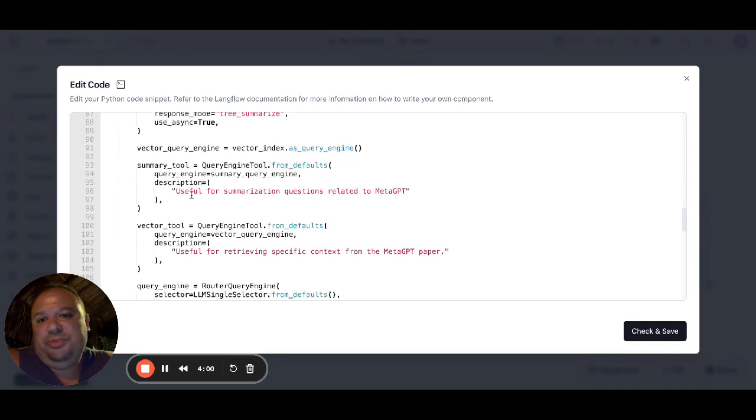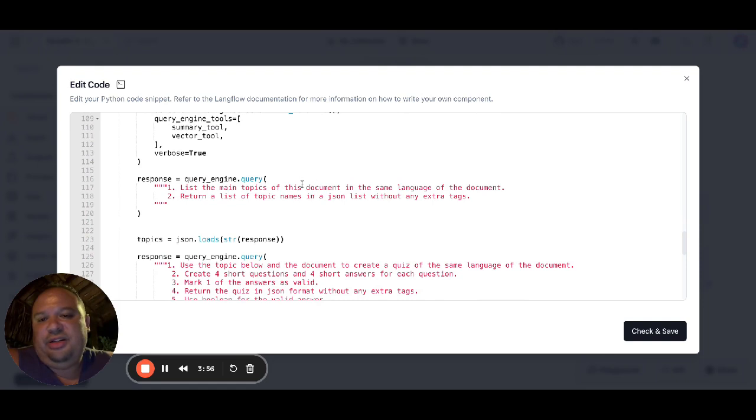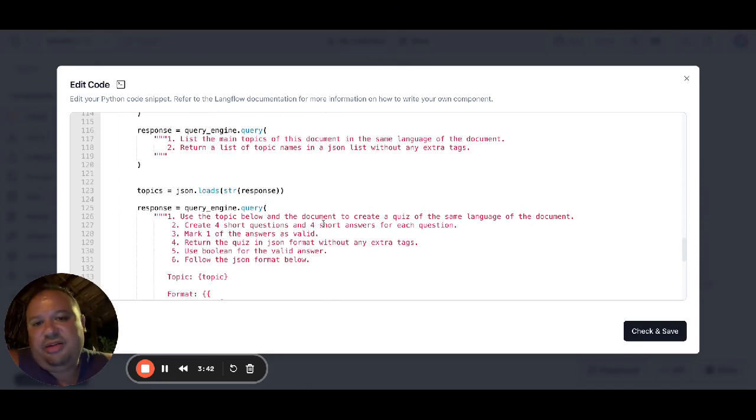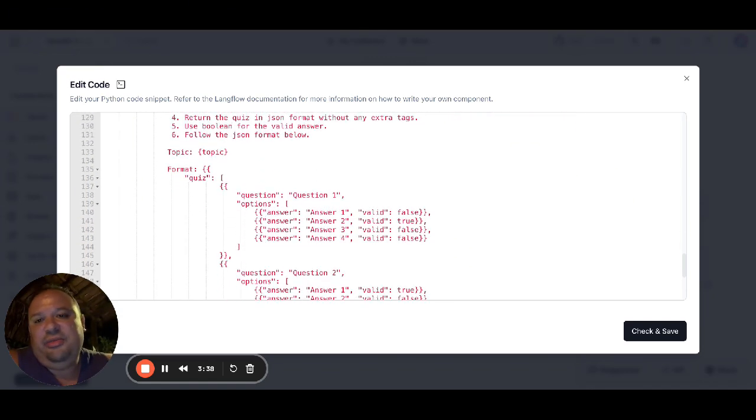So I created a summary tool and a vector tool, and then I created this prompt just to list the main topics of the document in the language of the document. If the document is in English, it's going to create the quiz in English. If the document is in Portuguese, it's going to create the quiz in Portuguese too. And then I created a prompt here to create the quiz, and I made sure